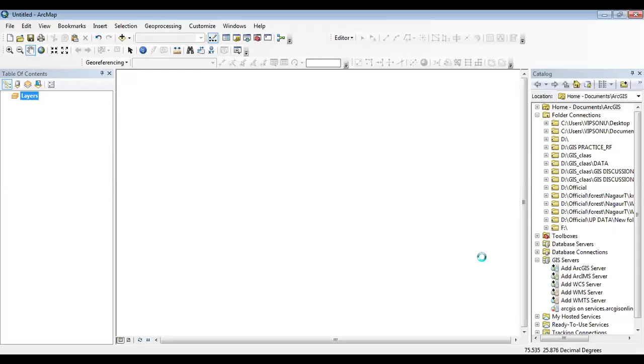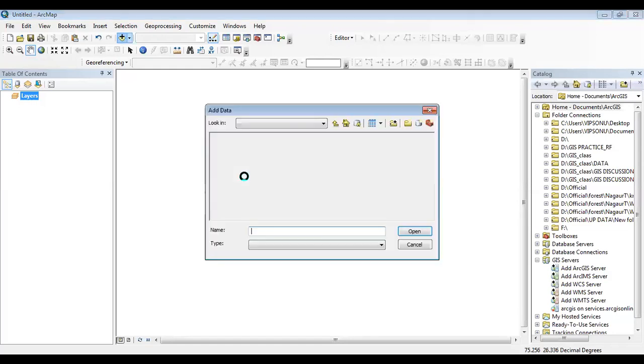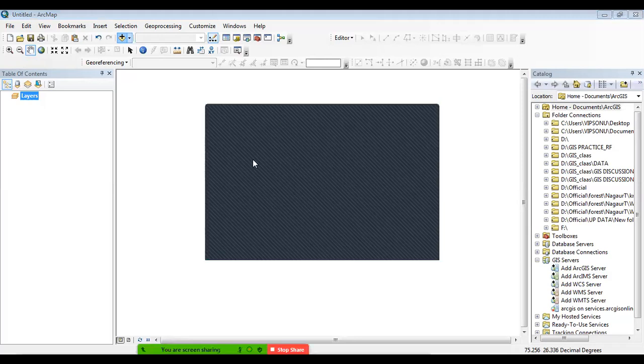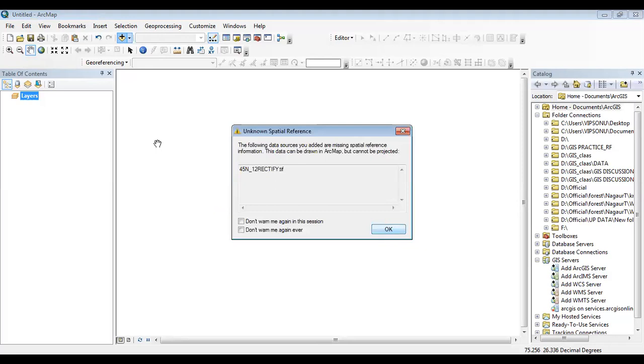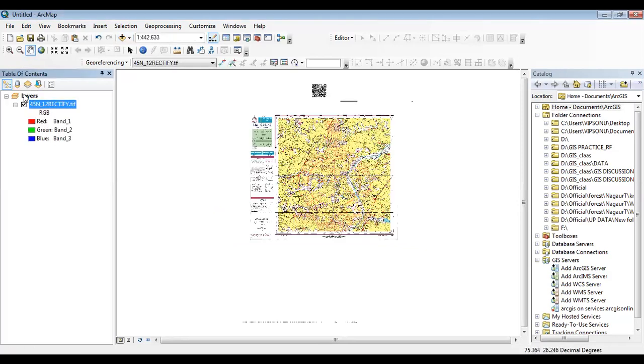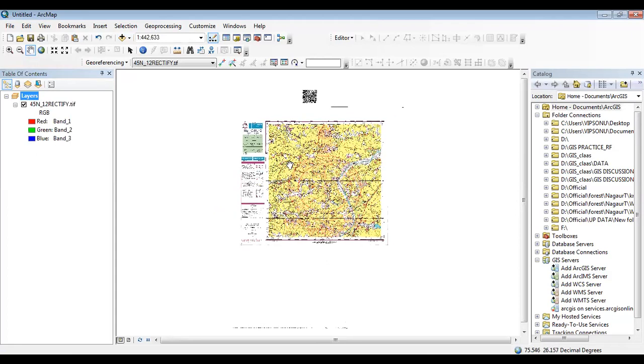Now add your data from here, add data, and choose the folder in which you saved your rectified toposheet. Here, this is our rectified toposheet, and then click add. So this is our rectified toposheet, but the rectification process is not completed.